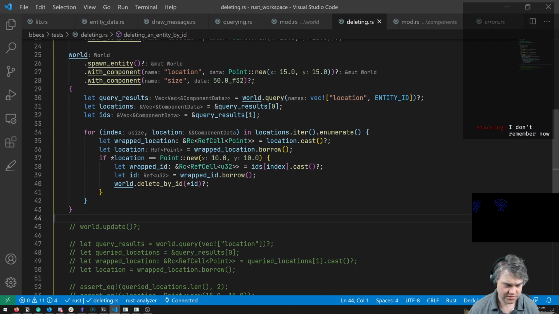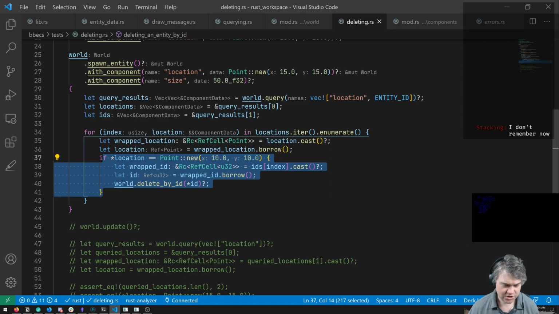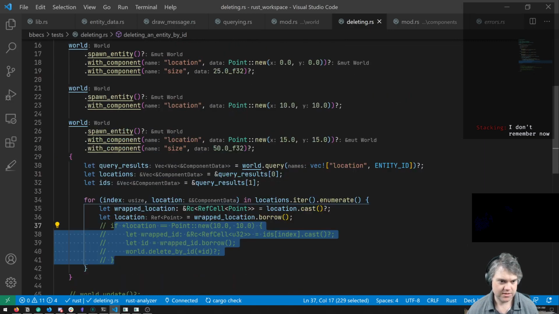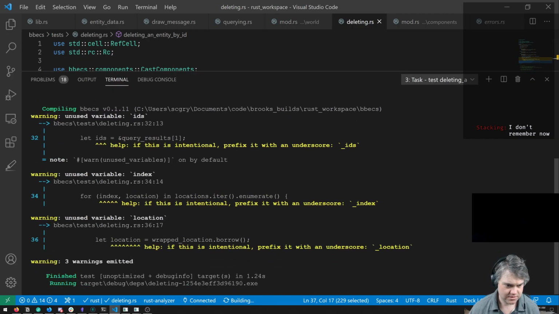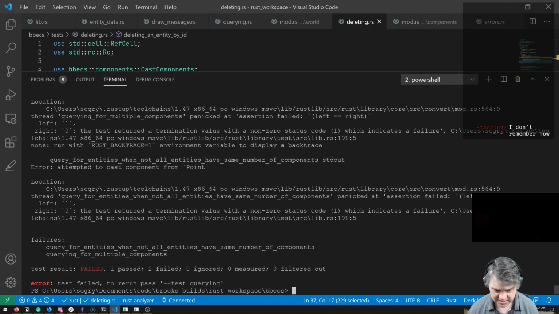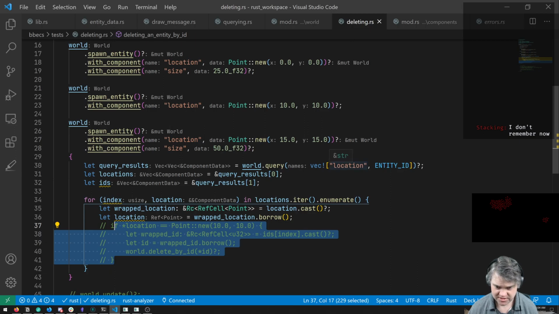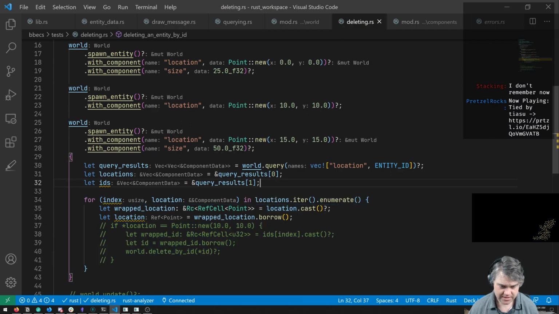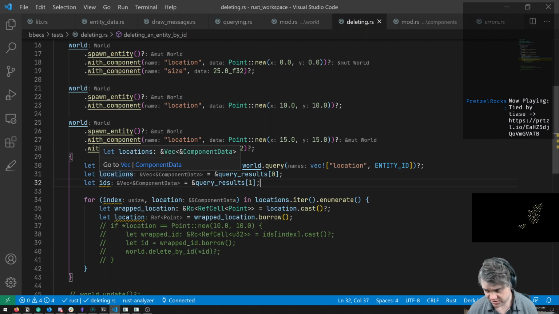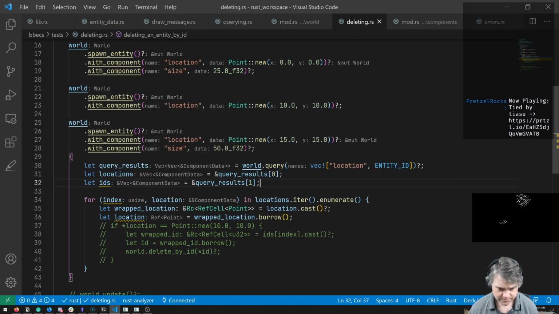So first of all, let's go back to just doing this. Do I get an error? Okay, so reversing the logic seems to have helped with this. We're back to zeros, locations, and IDs is that. Okay, so we're good to go here. Wrapped location, cast, location is borrowing you. And we only got two things out, so that's good too. Wrapped location, okay, we get you.